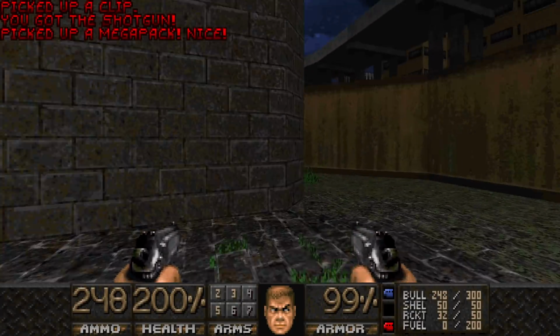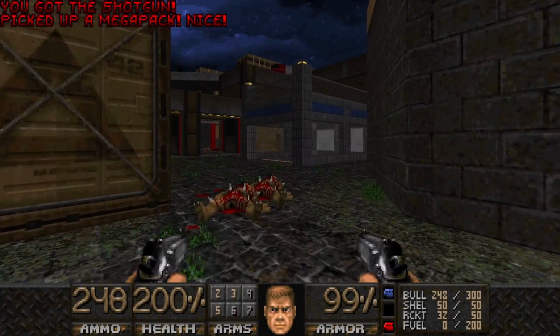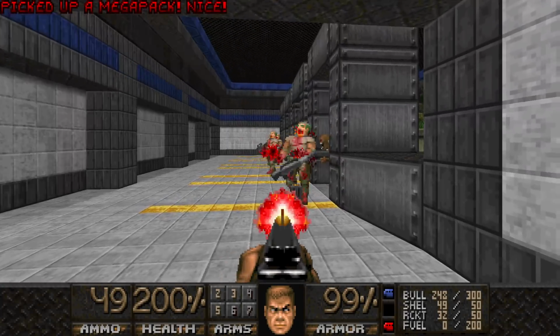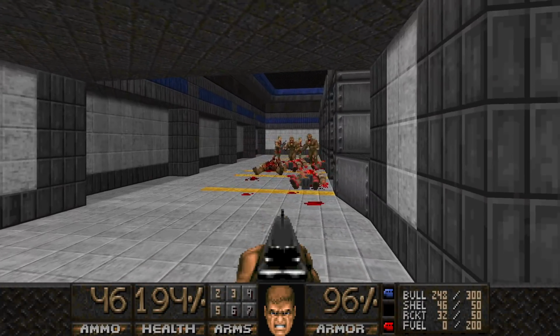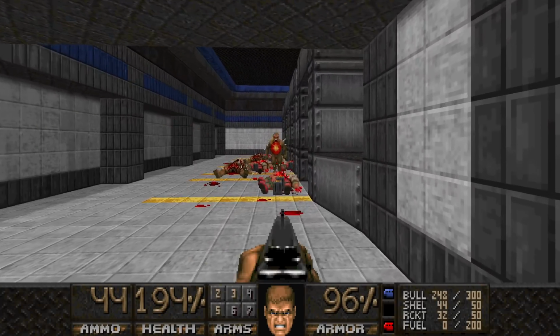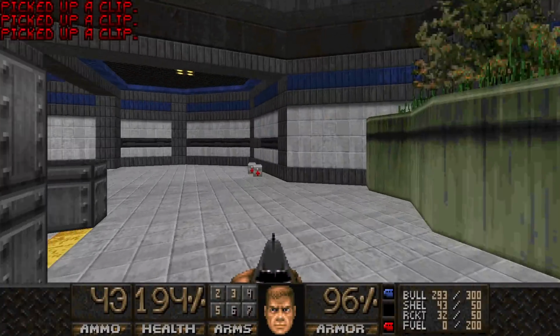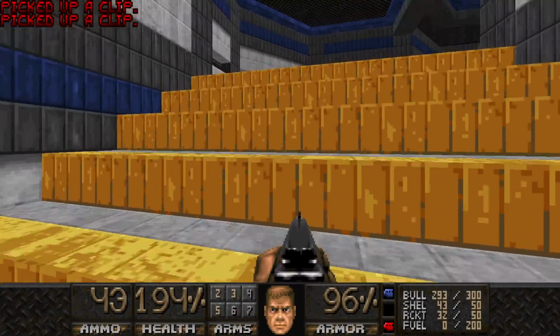I'm gonna grab it because I probably won't be back here anytime soon. Maybe I will come back for the green armor, but it's unlikely. Either way, we're gonna make our way down here and clear out all these enemies. Grab some more ammo from them as well. And now, we can head down into this part,